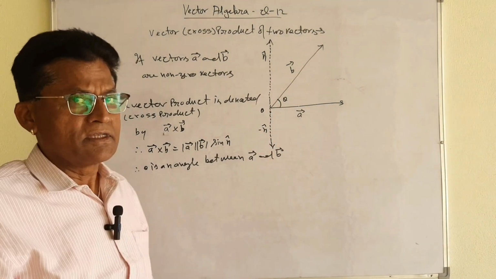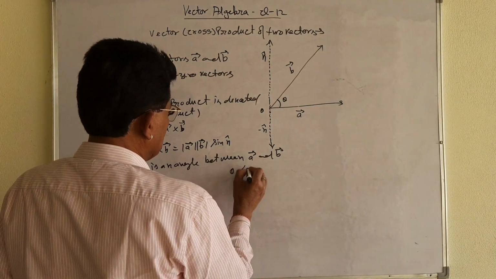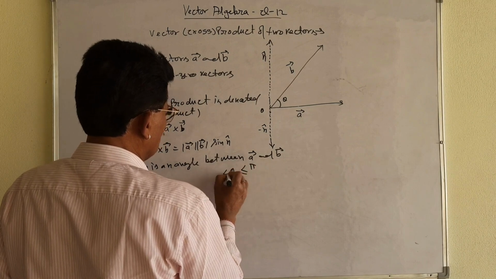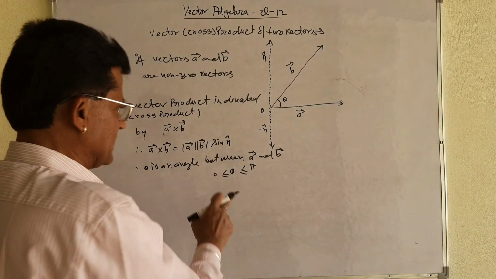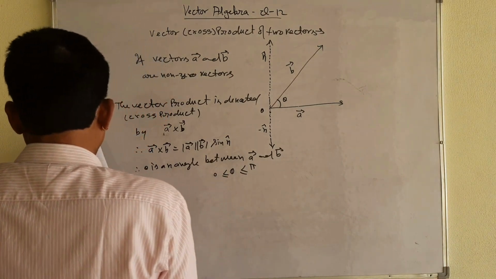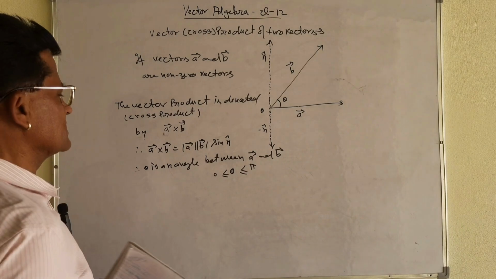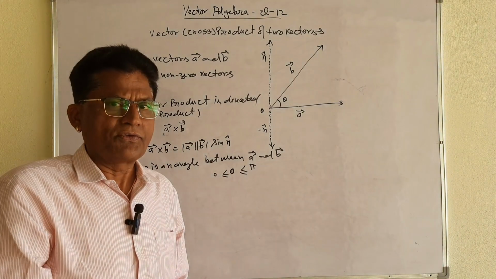Already I had mentioned, but theta will lie in between 0 to pi. The condition is there: theta will lie in between 0 to pi. You must see the restriction also. Theta will be in between 0 to pi. Okay, this condition will be there. And now I will discuss the condition related with that, and I will tell you the geometrical meaning of it.